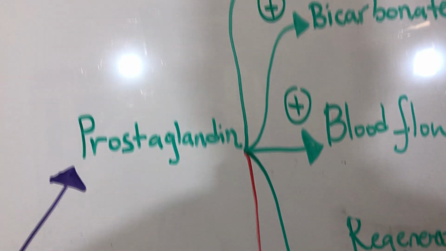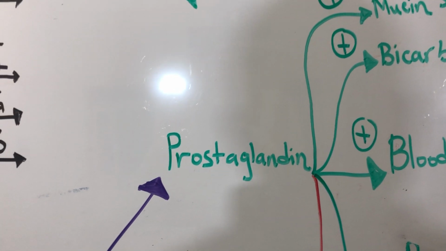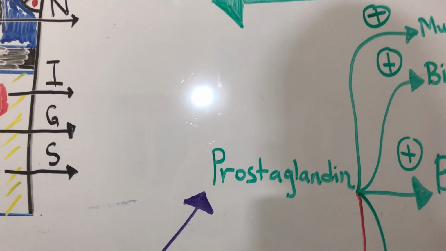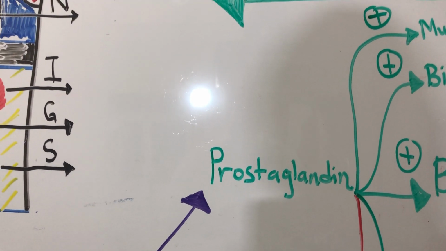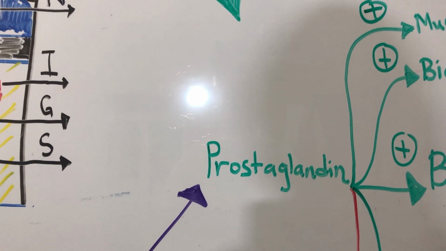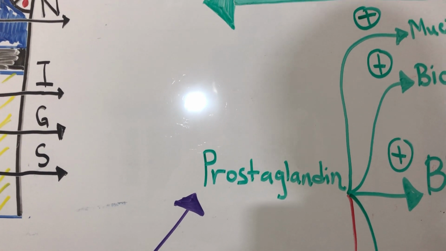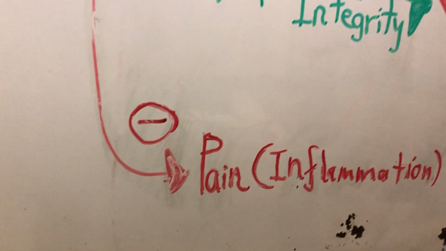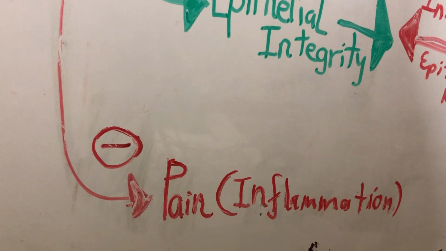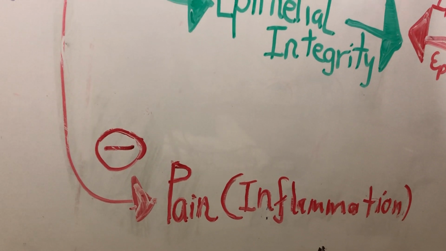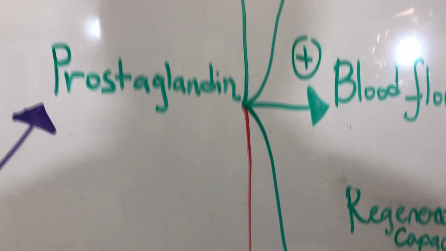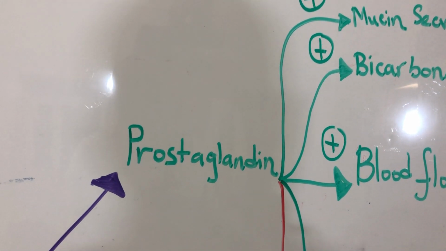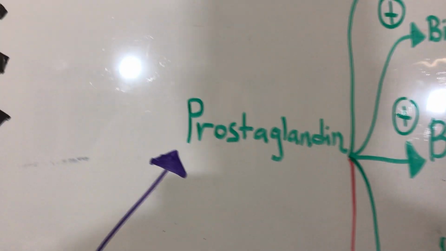As we know, in inflammation there is redness, rubor, there is heat, calor, there is pain, dolor, there is loss of function, functio laesa, and there is also swelling, tumor. So the bradykinin that causes an irritation to the nerve endings, leading to that pain sensation during inflammation, is mainly caused by prostaglandin. So whenever we have an inflammation and we take NSAIDs,